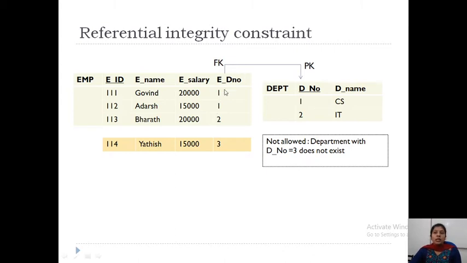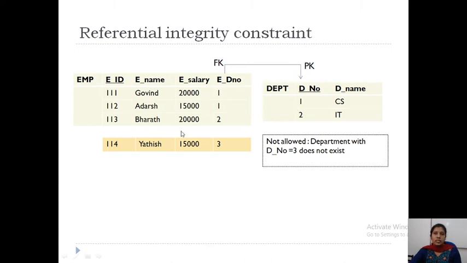Now here, when I say employee is working in a particular department, that department should be there in the department table. So here, for tuple T1 of employee, the foreign key is department number, which is 1, and that must be present in the department relation.